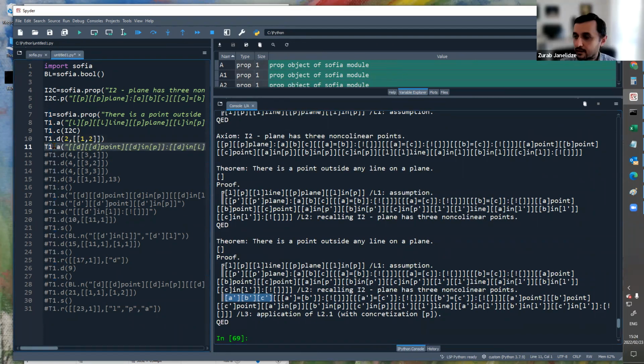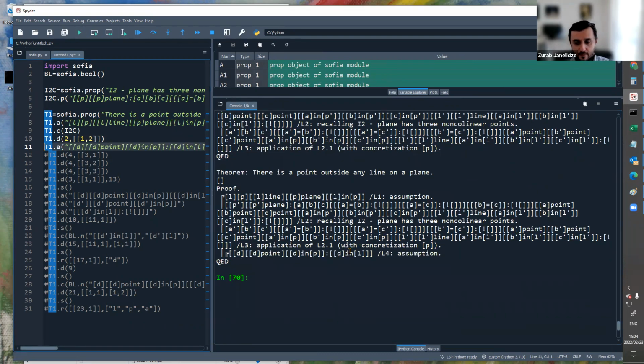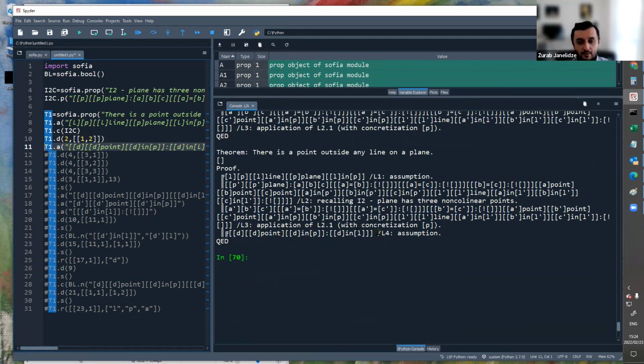Okay, great. The next line is this assumption that we talked about earlier. You see, again, there is this colon here, with a variable appearing on the left side of the colon for the first time. That means that we want to say "for every", right? Because if we're given a D that's a point and that lies on our plane P, then it must follow that D must lie on L. So this says that every point that lies on P must definitely lie on L. This is what we will prove to be impossible, as we did in the shorter version of the proof.